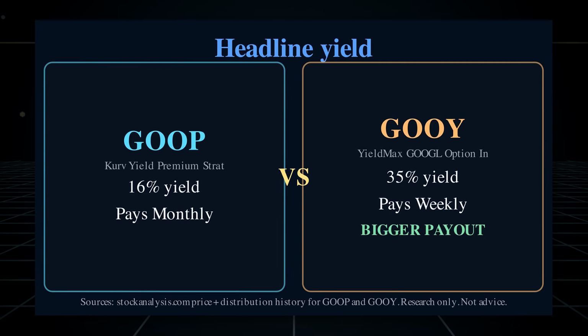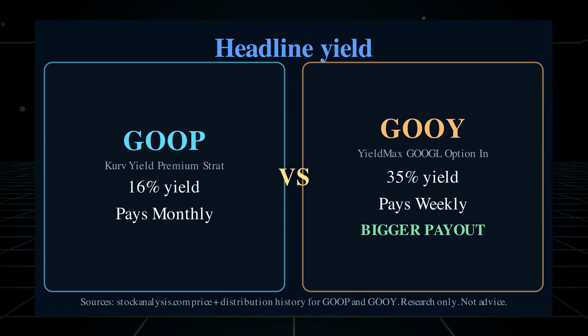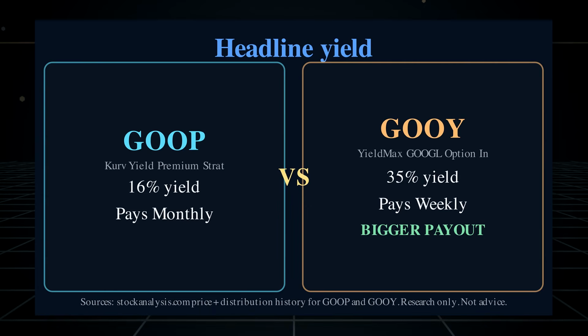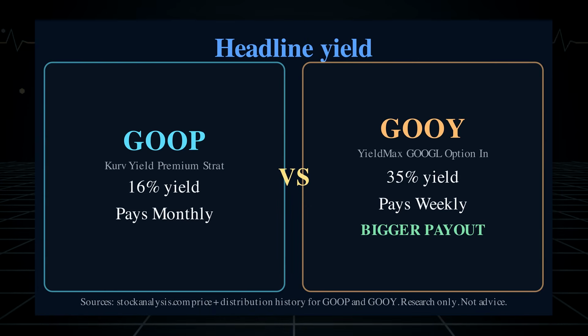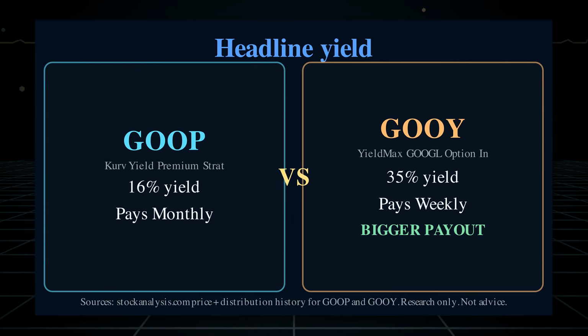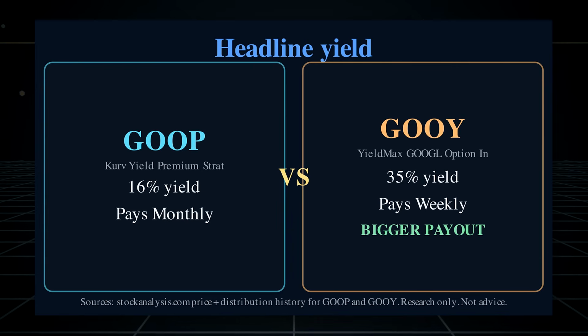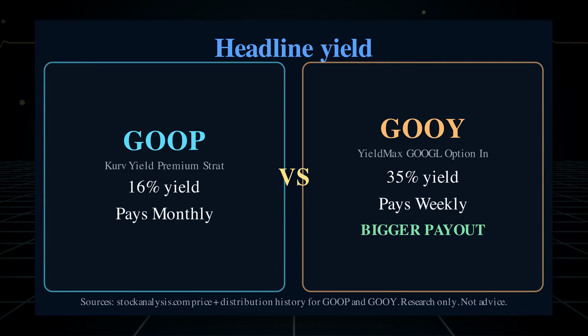Frequency has psychological power. Weekly cash can resemble a paycheck, while monthly cash resembles a bill-paying cycle. But a payment calendar is logistics, not economics. If a restaurant serves smaller portions every week instead of one plate each month, the serving schedule tells us nothing about whether the kitchen is profitable or quietly emptying the pantry.